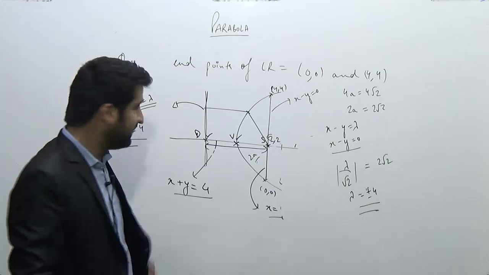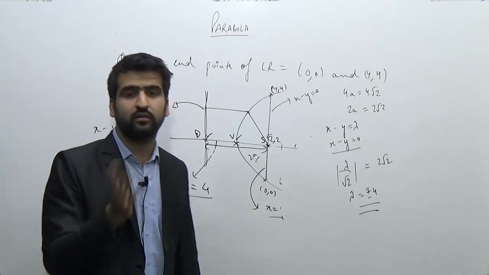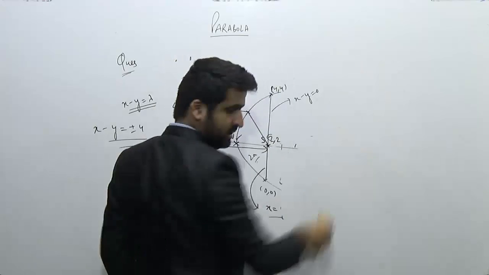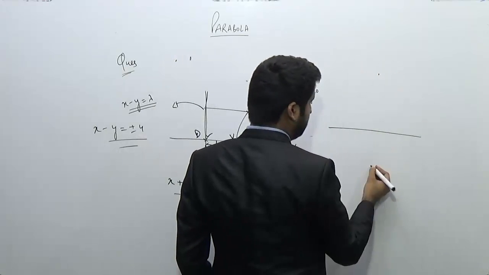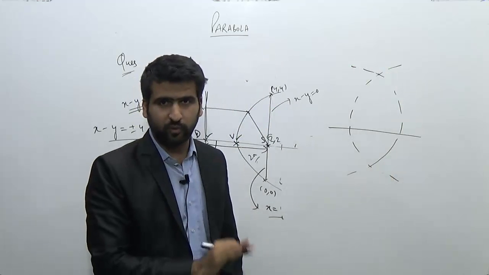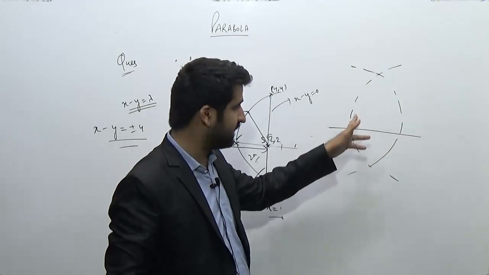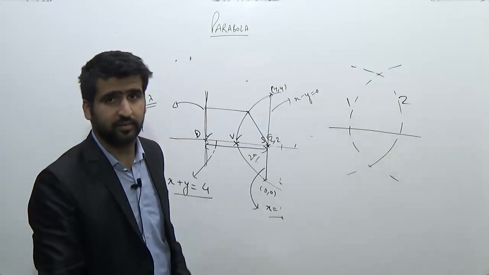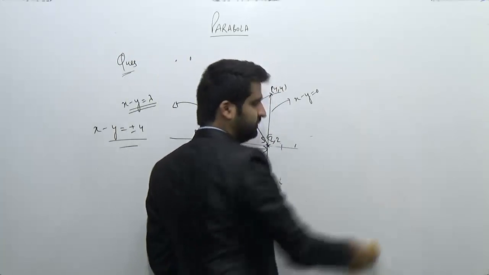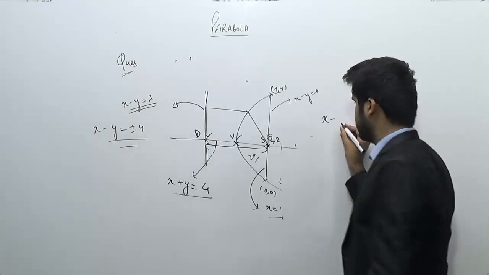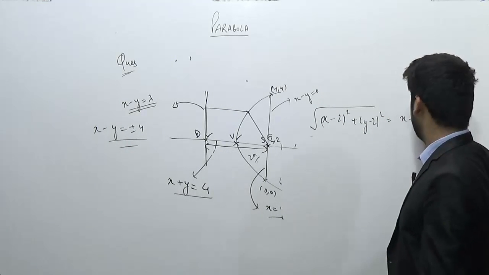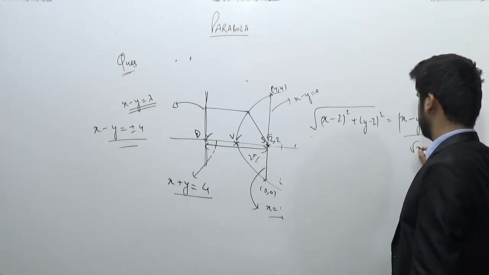Can anybody explain why this is coming out to be plus minus 4? Why isn't there just one directrix? Why are there two directrices? That's simply explainable because if I'm given the two ends of the latus rectum, the parabola can be something like this, or the parabola can be something like this. These two parabolas are possible. So one equation of the directrix corresponds to the first parabola, and the second equation corresponds to the second parabola. Now it's very easy to apply the formula for the equation of the parabola. This will become the square root of (x minus 2) whole square plus (y minus 2) whole square is equal to (x minus y plus minus 4) upon root 2. If you square both sides,